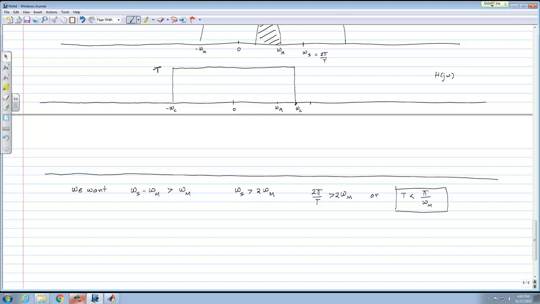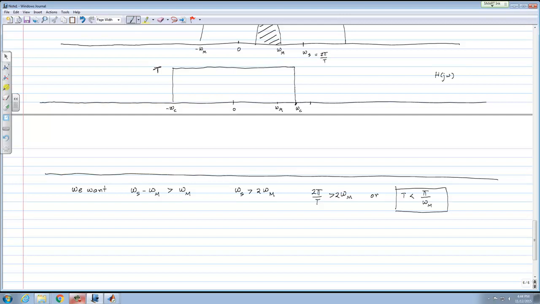Does this make sense? Here we are clearly exploiting the fact that the signal is band limited to negative omega m to positive omega m, because that's what lets us say that as long as omega s minus omega m is bigger than omega m, the replicas are not going to overlap with each other. That's true only because x of t is band limited to omega m. If x of t were not band limited, there is no hope to begin with, because x of j omega itself would run everywhere in the frequency domain. No matter how big omega s is, there is always going to be overlap of the replicas.